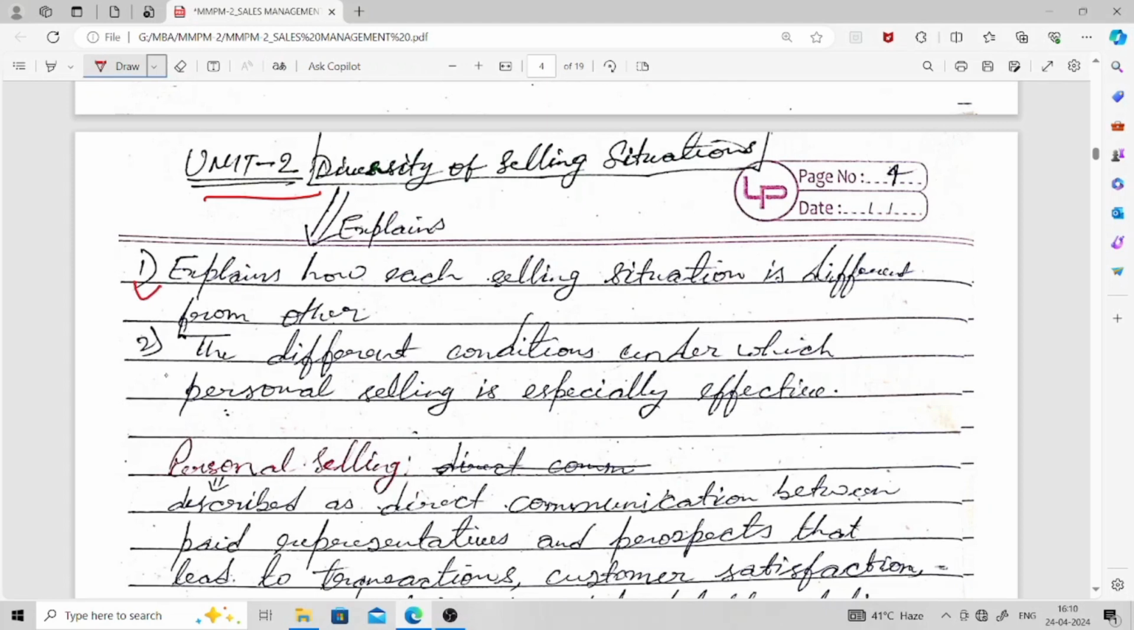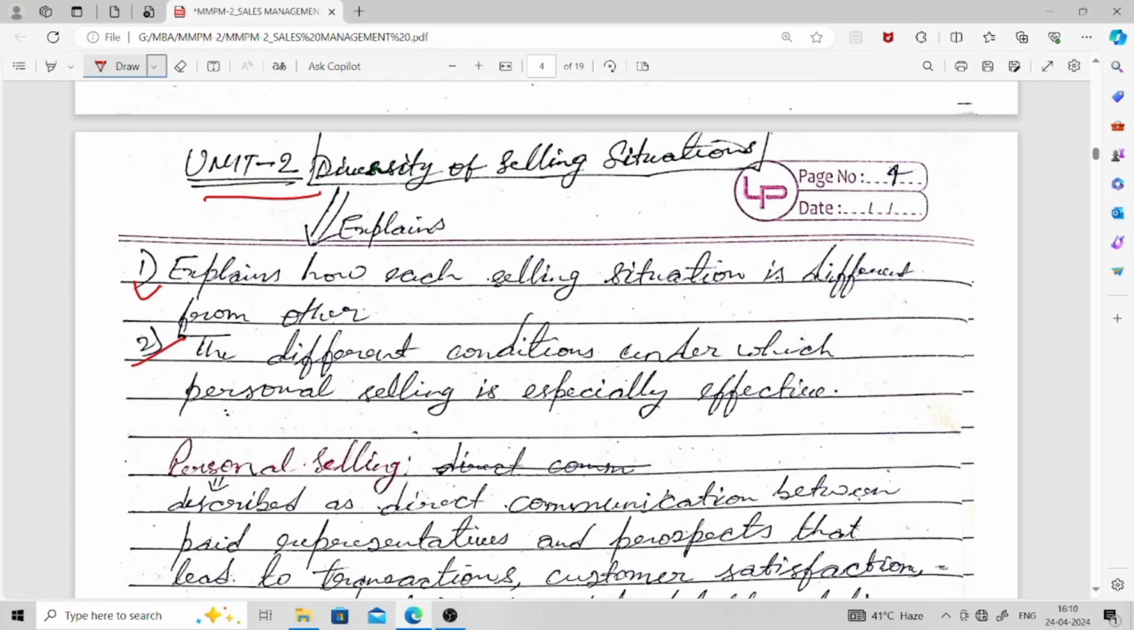The different conditions under which personal selling is especially effective. So diversity of selling situations explains these two things: how each selling situation is different from the other, and the different conditions under which personal selling is especially effective. Okay,